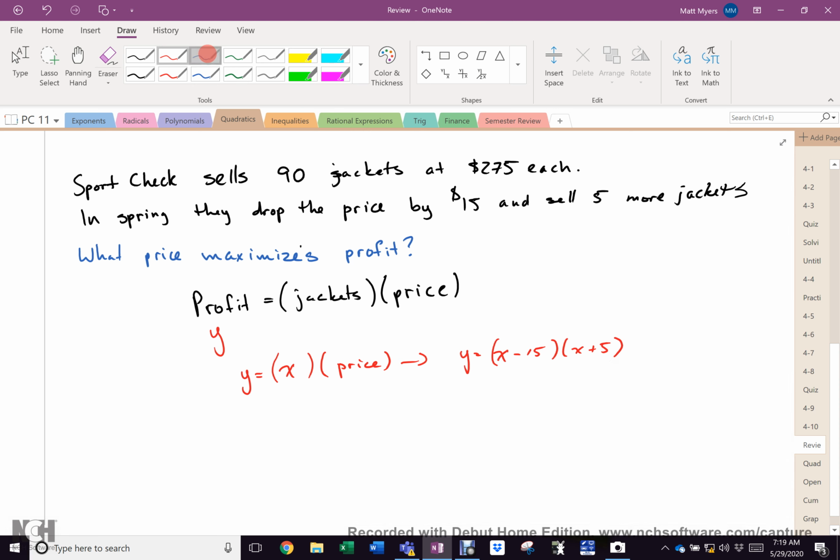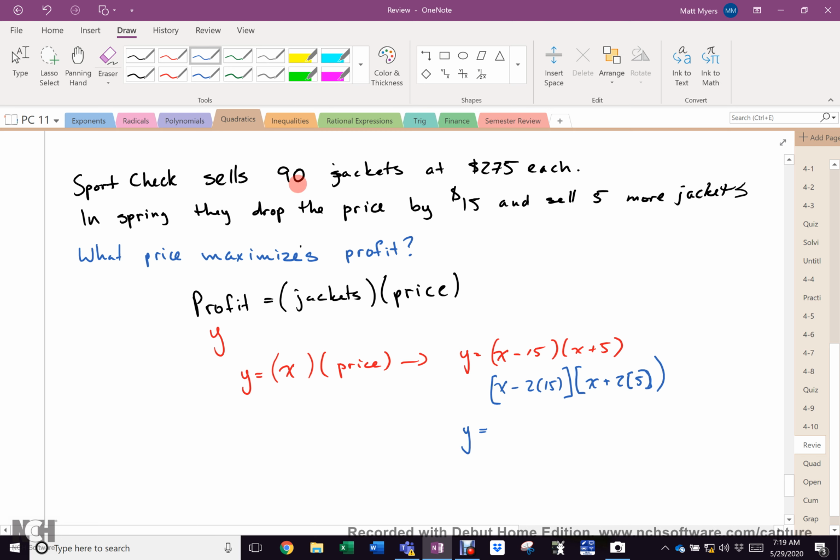Now, what if I do x minus 2 times 15? Then what am I going to do? Then I will sell x plus 2 times 5 jackets, right? I'll sell double the amount of jackets. So how do I turn that into an equation that works for me? Y equals